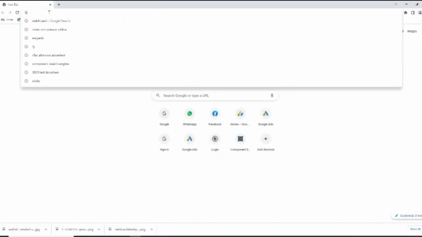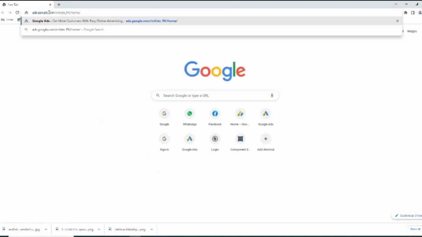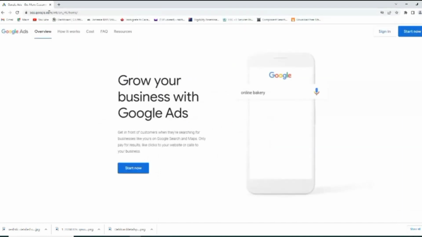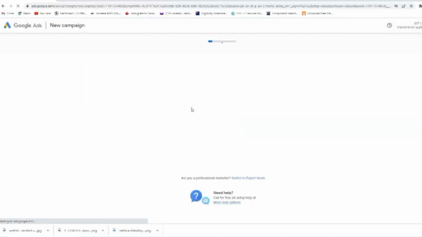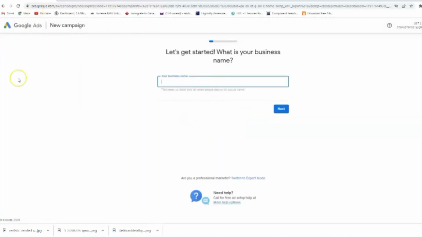Google Ads offers several benefits for businesses looking to promote their products or services online. Here are some key advantages of using Google Ads. Reach a vast audience. Google is the most widely used search engine globally, with billions of searches conducted daily. By advertising on Google Ads, you can reach a massive audience of potential customers actively searching for products or services